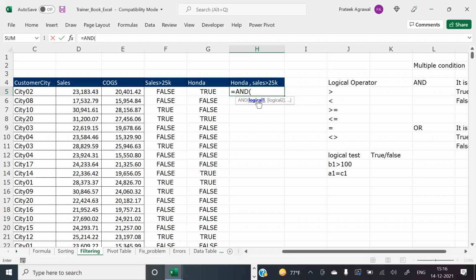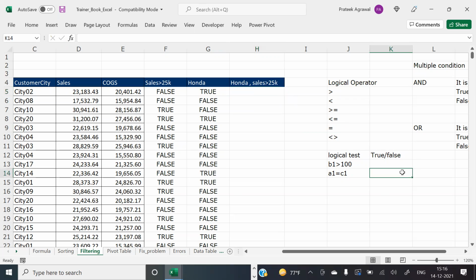The logical 1 is your logical test that we were talking about when we were learning logical operators. The AND function uses an array of true and false, because each logical test returns true or false. Based on the combination, it will itself return a true or false.